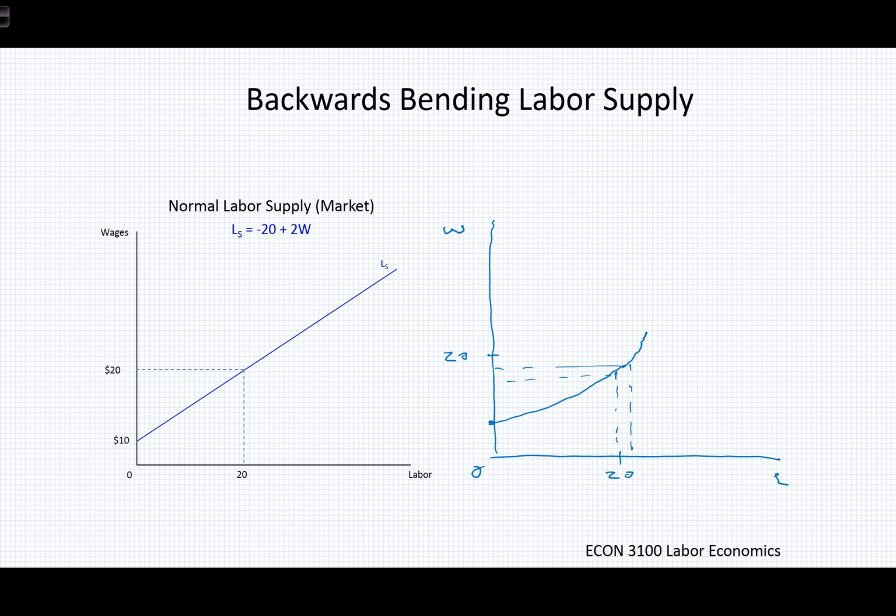And as we then go beyond our need, this line becomes very steep because perhaps I value leisure sufficiently to say that no, regardless of how many dollars you're paying me, I'm not going to work more hours. And we might even see that this curve becomes backwards bending, so it starts to turn back in on itself, which is simply saying that as the worker receives yet more wage, perhaps the worker is motivated to work fewer hours. This would suggest that the worker has a fixed budget requirement, a fixed dollar per day, in this case,